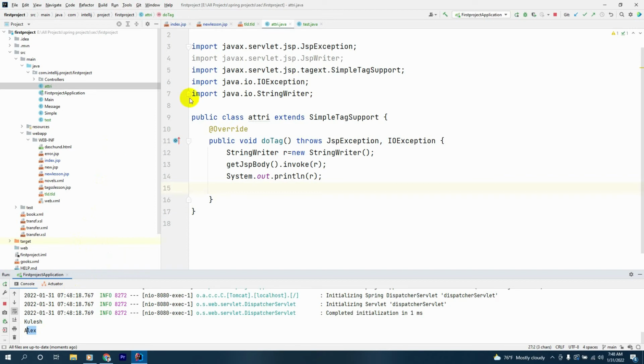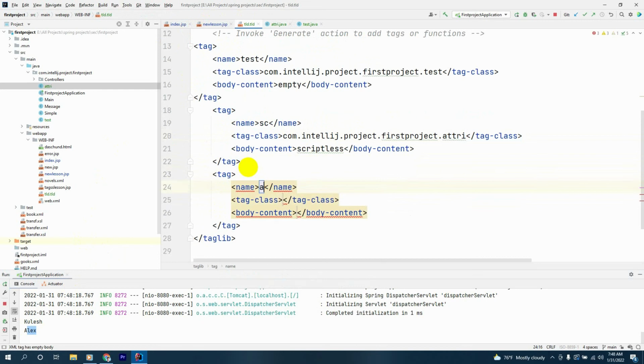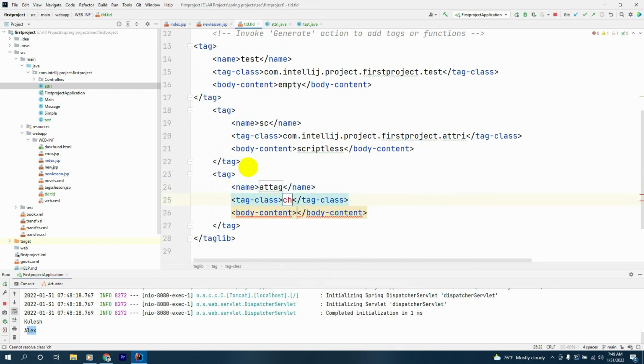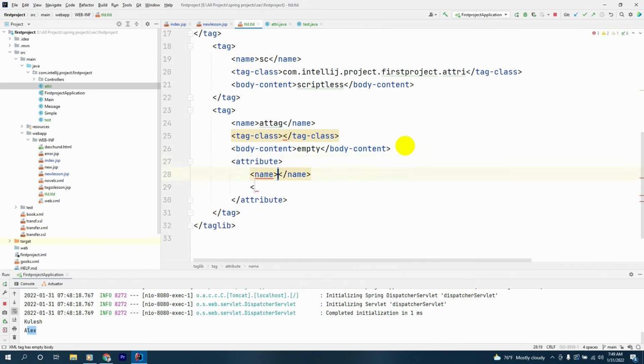Next we'll make a closing body attribute tag inside our TLD. We'll have a tag here with the name att, and the class we'll declare later. The body content will be empty, and the next thing we'll have an attribute. Attribute name will be x, and we'll have required as well. The required will be true,